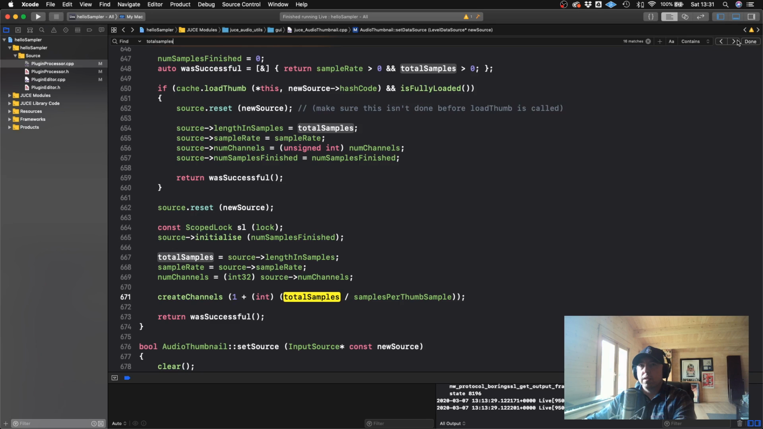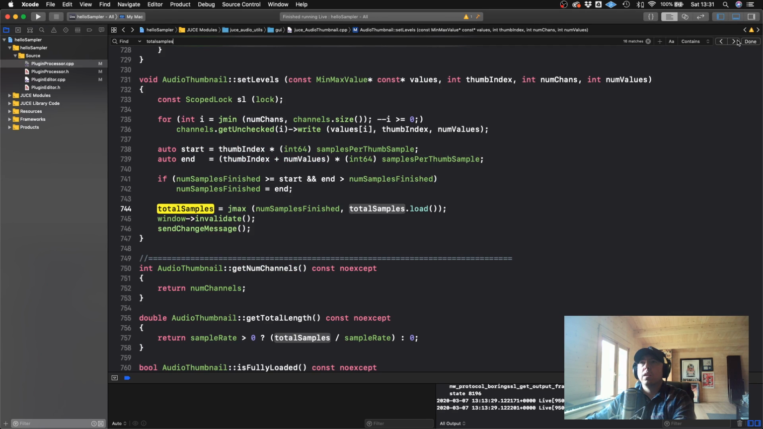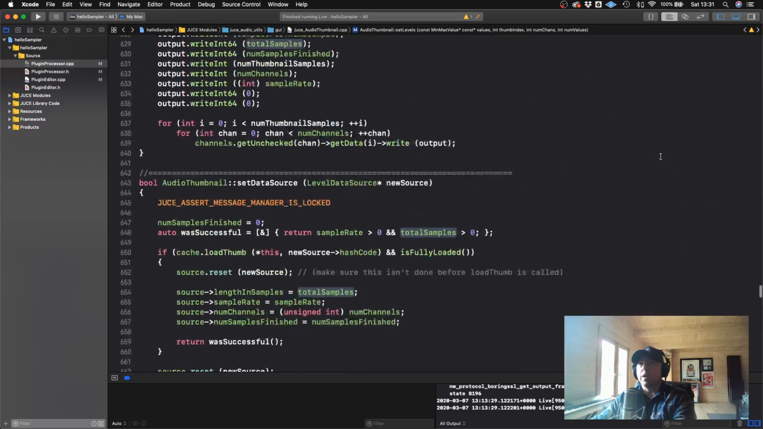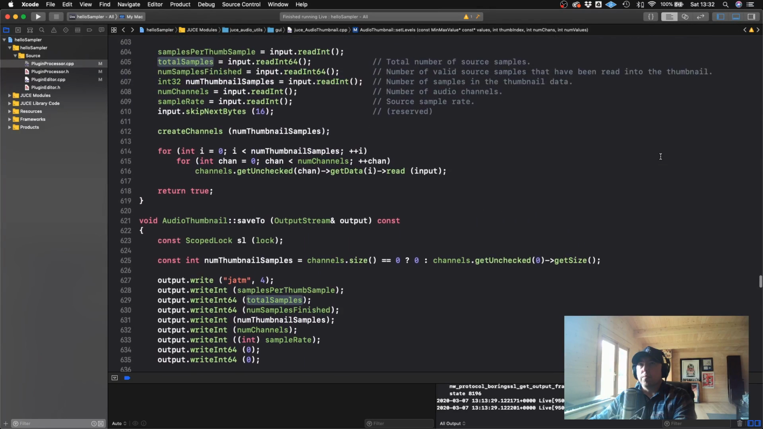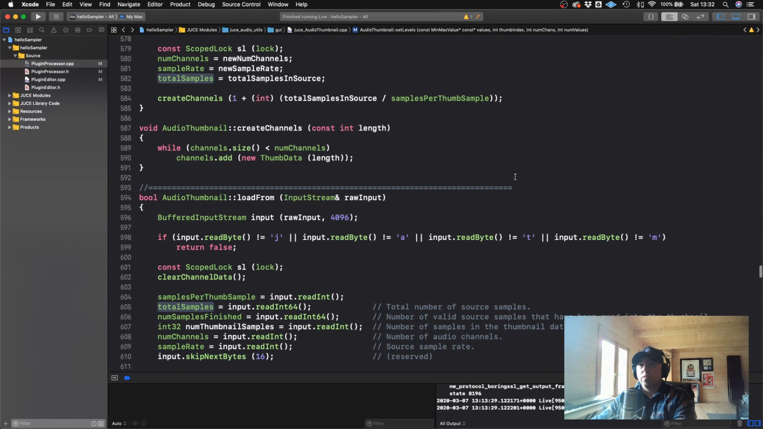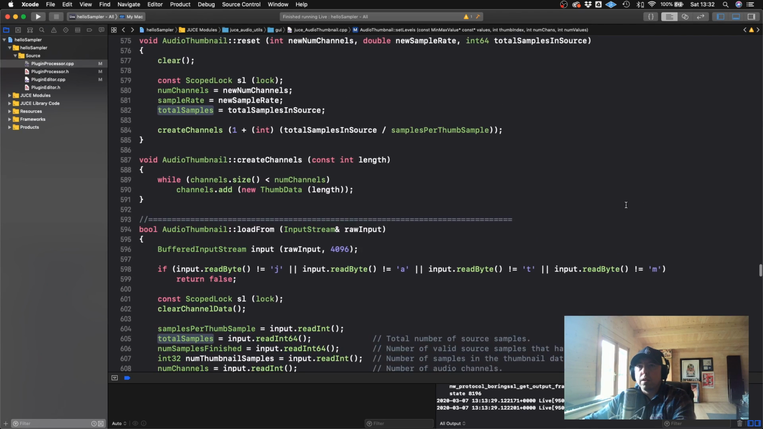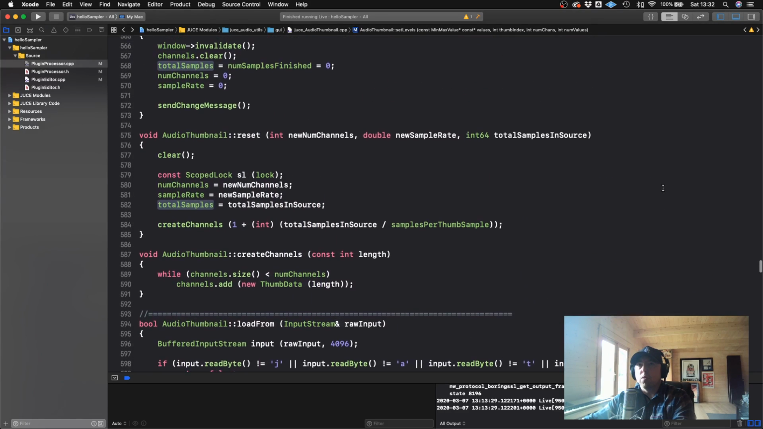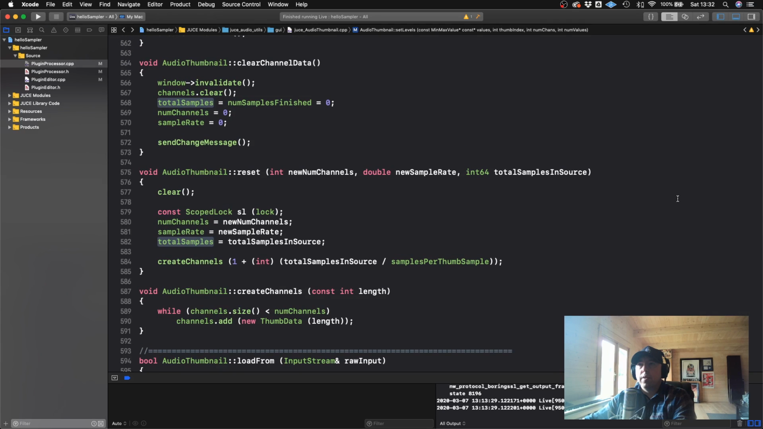Let's see here. Okay. So what is total samples? So that's just that. Okay. So let's go back to where we were. So what I'm currently looking for is a place where they take the total samples and they actually read it into some sort of vector or some sort of container that